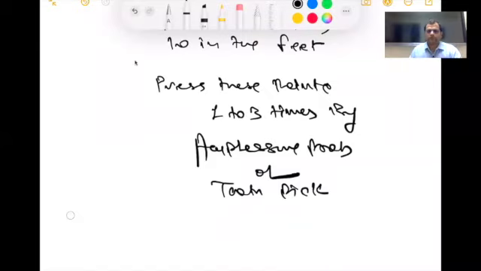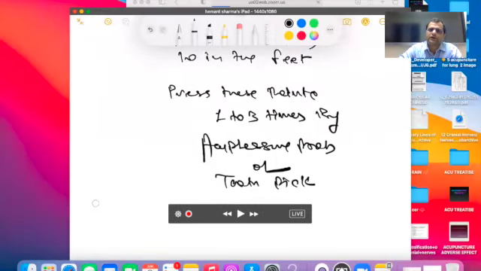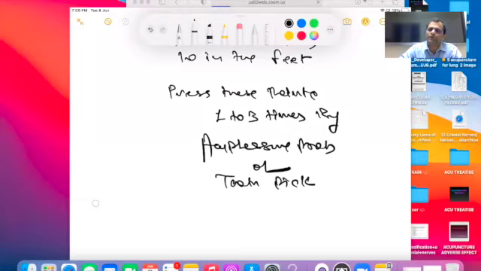Remember one thing: do not try to give pain to the patient. We may see more pain, more gain, but it is not like that. This is the simplest technique. We have to go step by step. In this technique, there is no such thing as more pain and more gain. Got it?